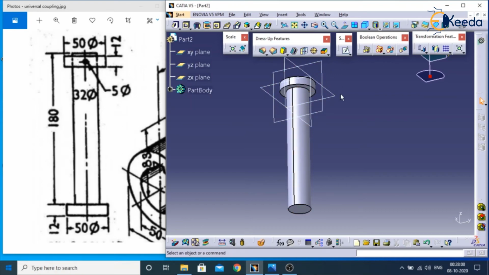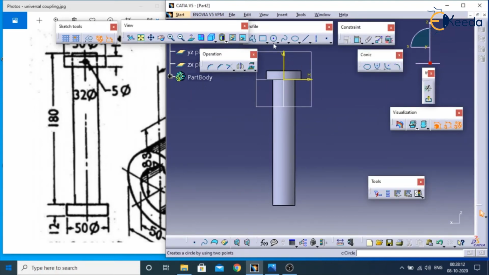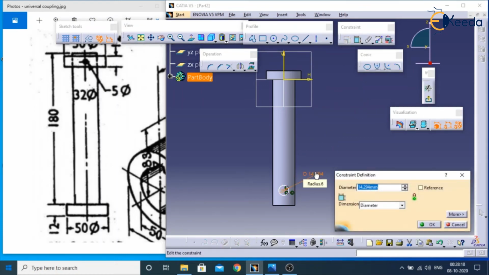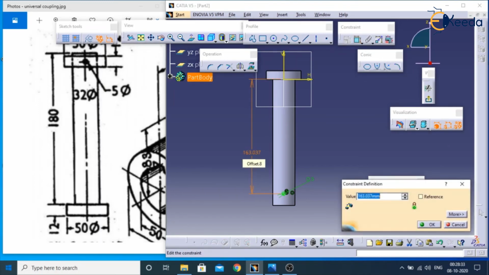So we will select this plane. We will go to sketch and we will take circle exactly at center. The diameter of this hole we will assume as around 5 and from this edge to this we need to take around 172.